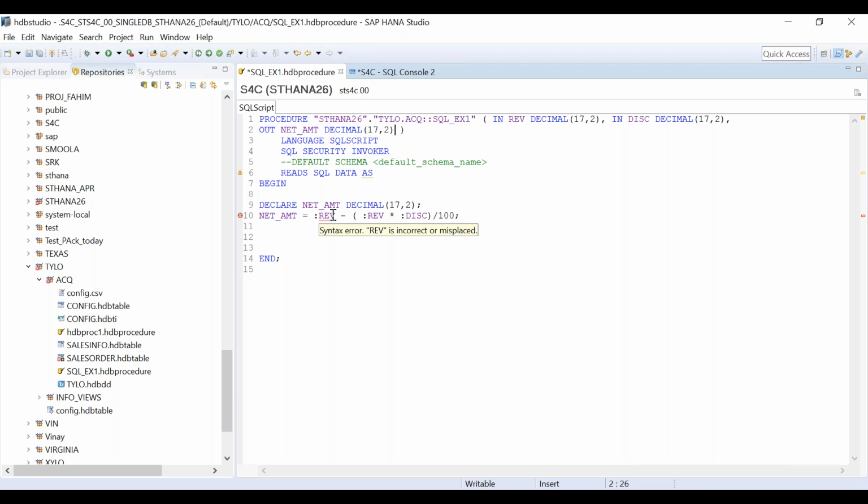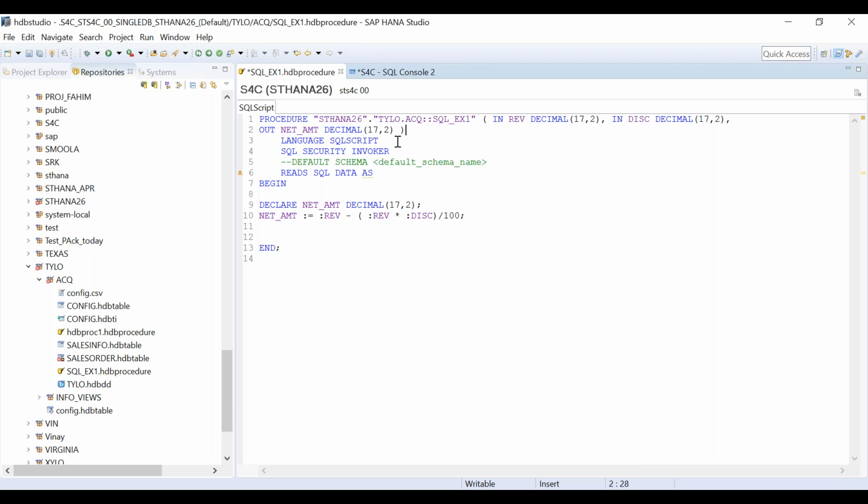What is it saying? Okay, I think we have to use something like this. Yeah, so this is how you assign. This is an assign statement. So net amount is equal to, you write like this. You cannot write like this in SQL. You have to write single colon rev, single colon discount. Once that is done, the net amount would be directly put into my output parameter net underscore amount.